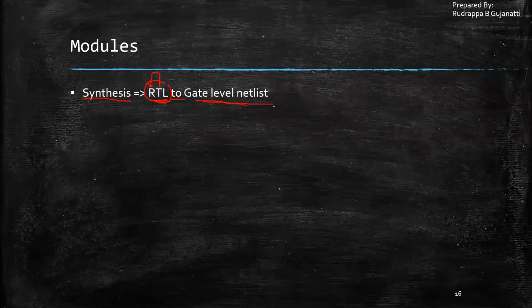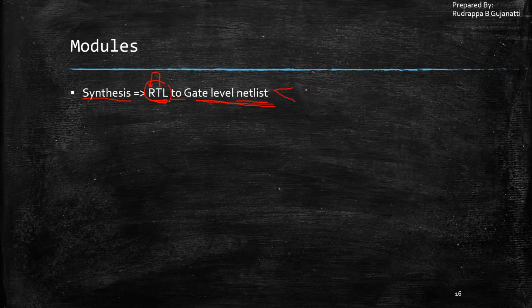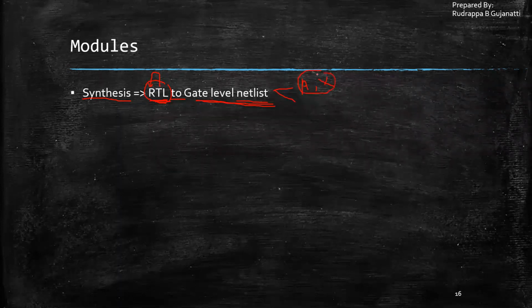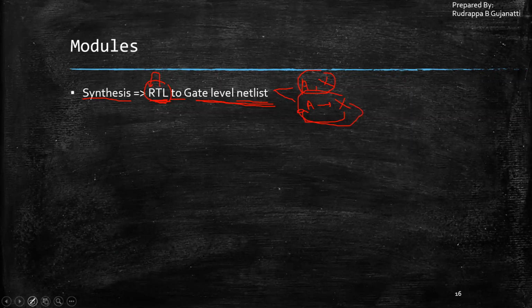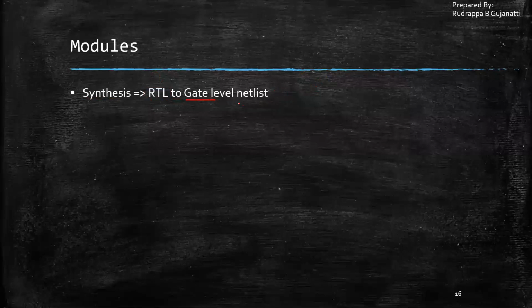And what is a gate level netlist? It gives us the overall specification of the physical components, and it also tells me how those components are interconnected. Say, for example, I have an AND gate and an XOR gate. It will give the specification of these gates and how the interconnection is happening, whether the AND gate output is going to the XOR and how the XOR is connected to the AND. All these things will be present in the gate level netlist. Apart from that, where it is placed and how it is placed, all that information will also be present here.